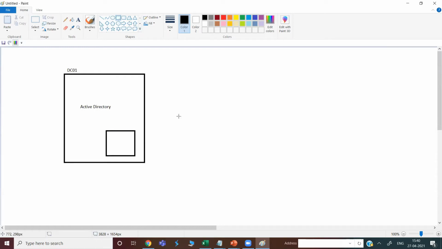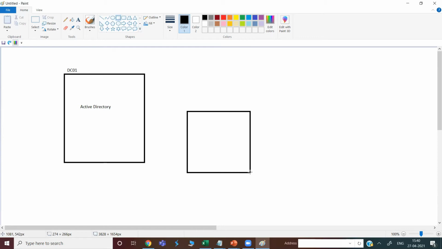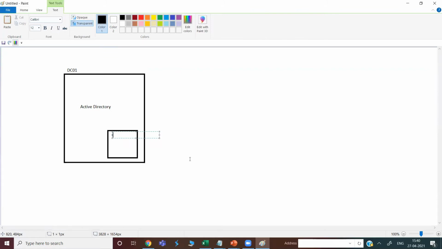Generally, in real time, it is not recommended to install Azure AD Connect on the domain controller. In that case, you should have a separate server, join that server into the domain, and then install AD Connect on it. But in my practical lab, I'm going to install Azure AD Connect on this particular server itself.